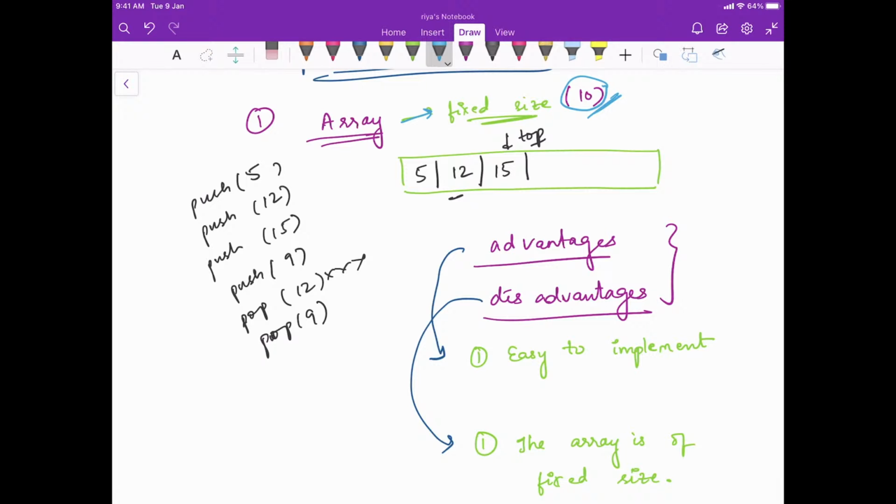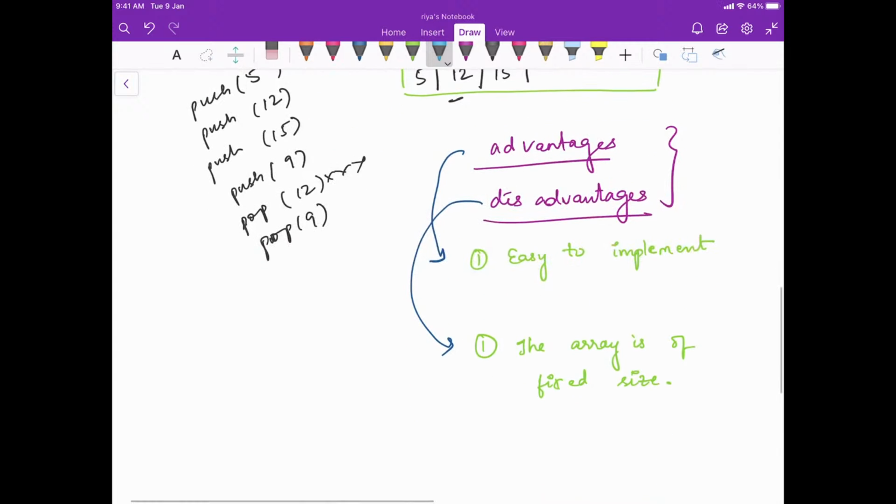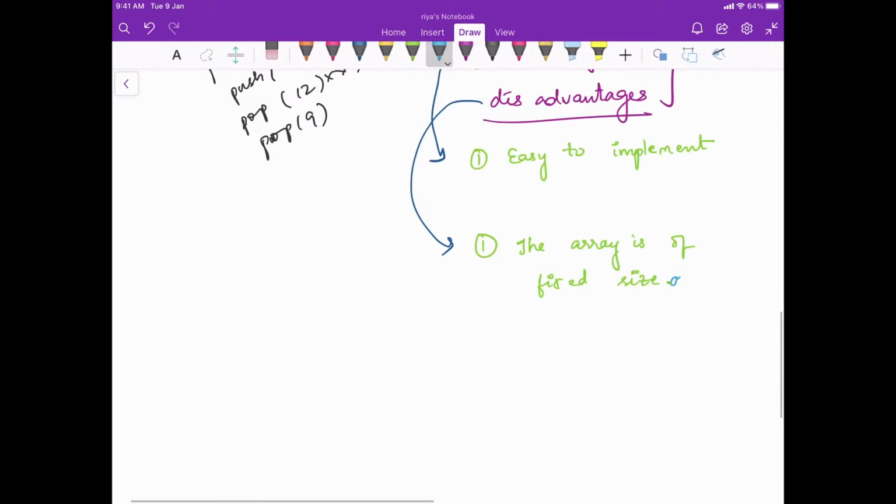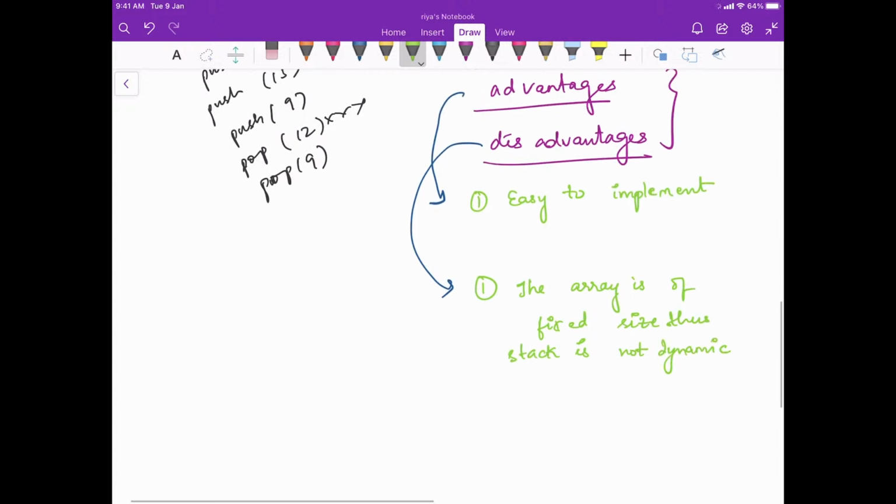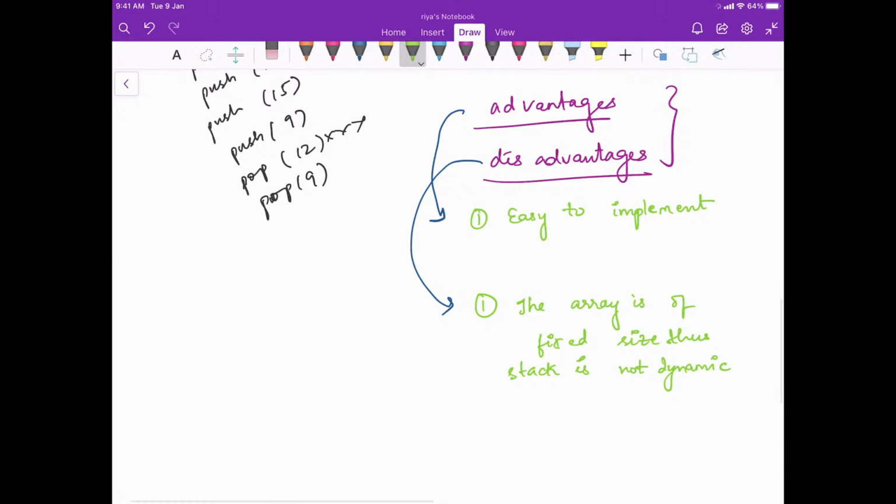That is the disadvantage. That means it is not dynamic. It does not increase or shrink as the size of my stack increases or decreases. So the array is of fixed size and thus the stack is not dynamic. So this is the disadvantage and the earlier point is the advantage.